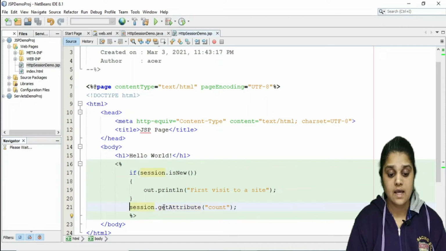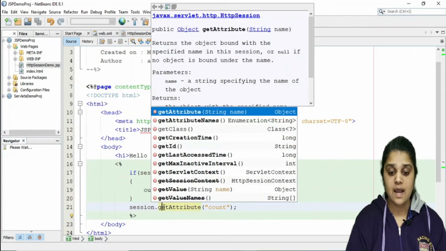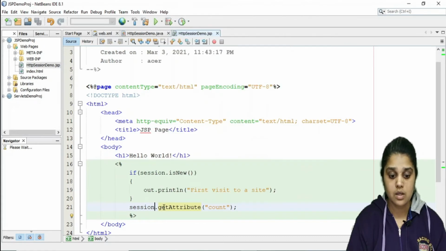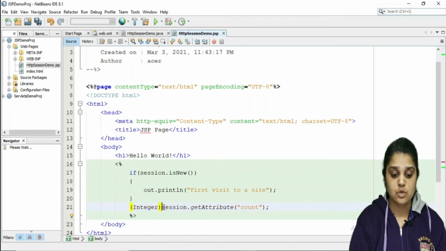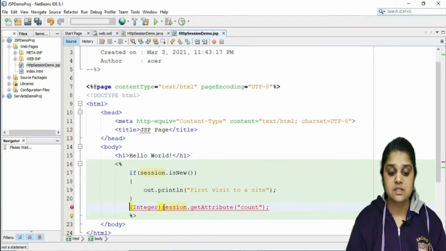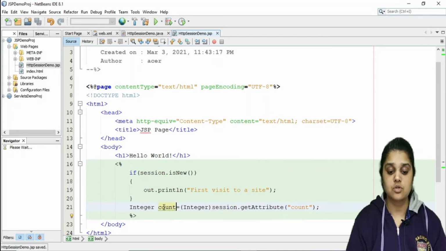As you can see, this getAttribute is returning an object, but you want it in the form of an integer. Object cannot be converted to int, but it can be converted to a wrapper class Integer. So I will convert it to a wrapper class Integer, and I will store it in a wrapper class type variable, say count.